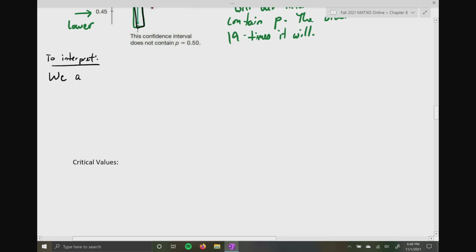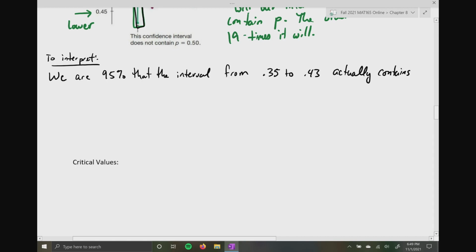We are 95% confident that the interval, boy, it'd be great if I can write the word that. So we are 95% confident that the interval from, and I'm going to use our data values from that example that I made up, so our interval from 0.35 to 0.43 actually contains the true value of the population proportion,